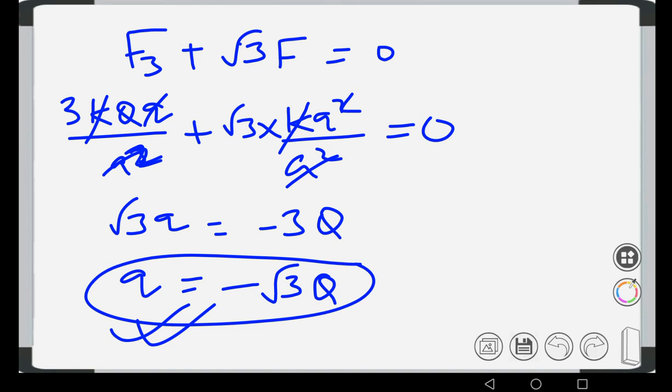Such types of questions are asked about equilibrium. Such questions may be asked about other geometries also, but obviously if you know the concept, you can solve them in a similar fashion. So here we end this third lecture. We will see more numericals on Coulomb's law in the next lecture.